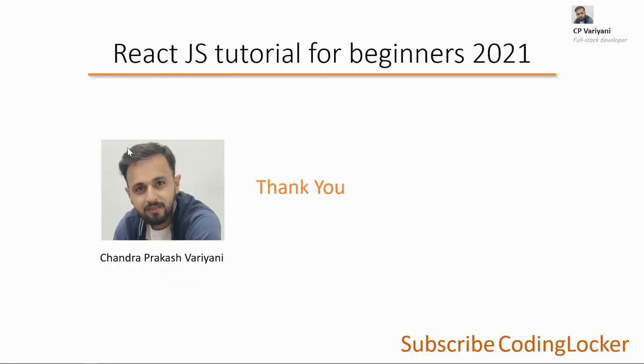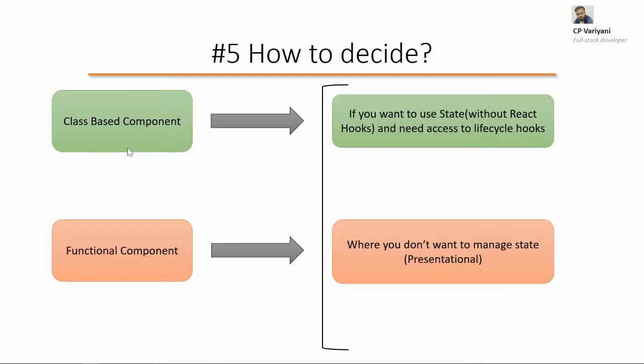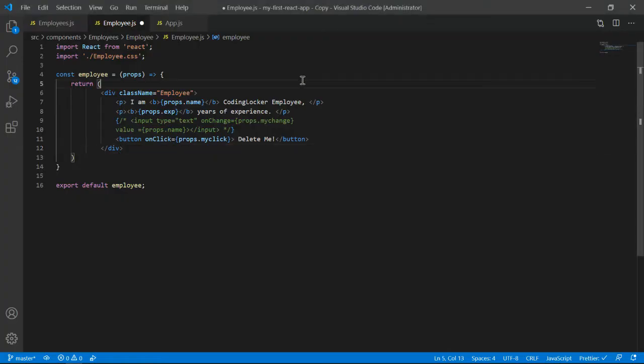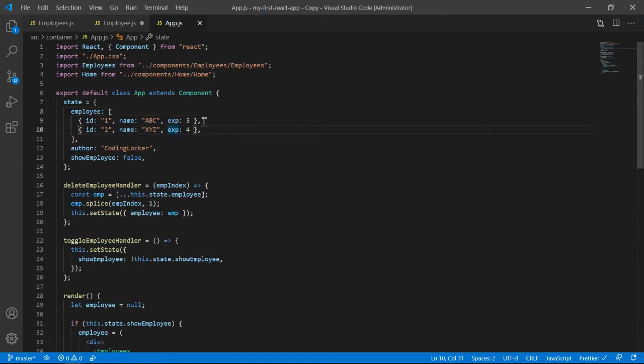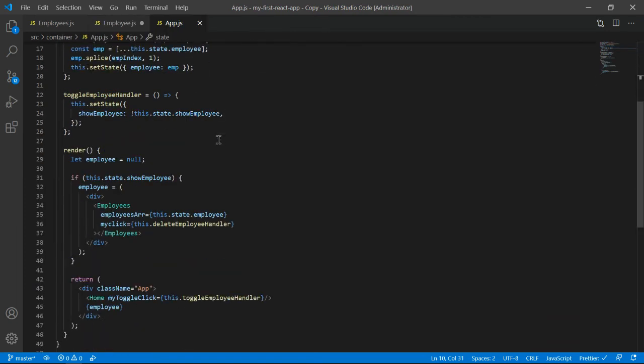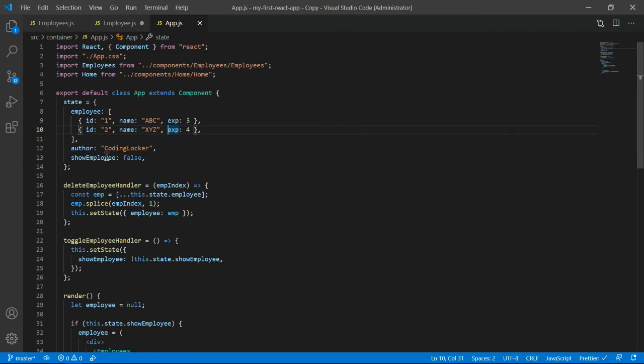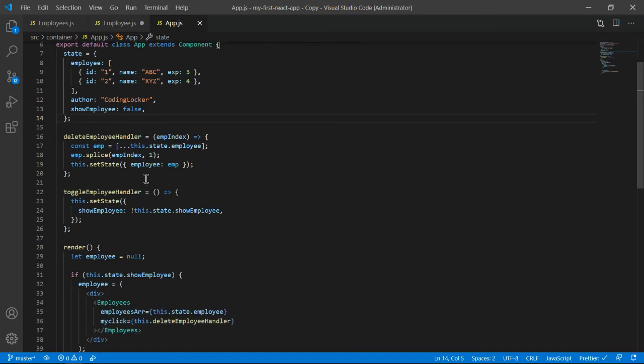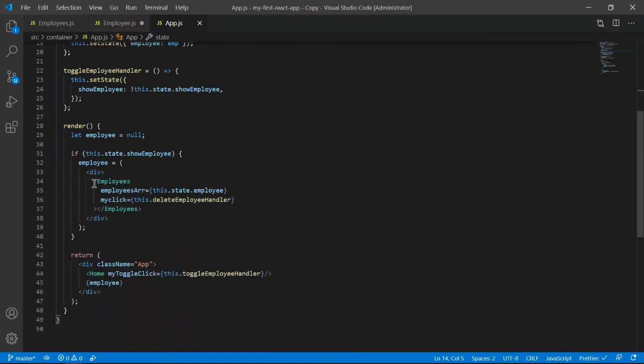So that is all for this tutorial, the functional and class component difference. And from the next part, I'll continue with the same project. I just wanted to give an update that I have modified something as per the recommendation. If you already have my code, then you can compare. There were 3 or 4 methods, like the update handler and the name handler, and I have removed those. And then I have changed a bit of code here as well.